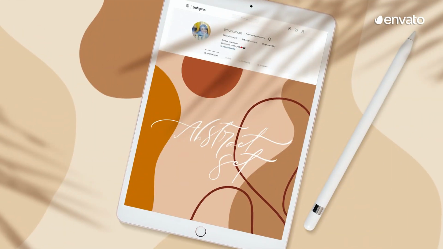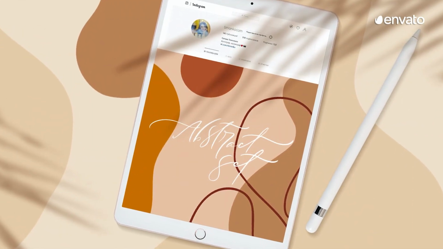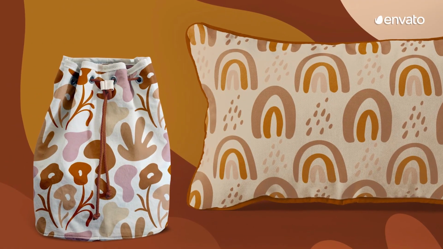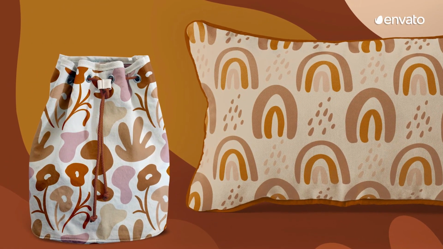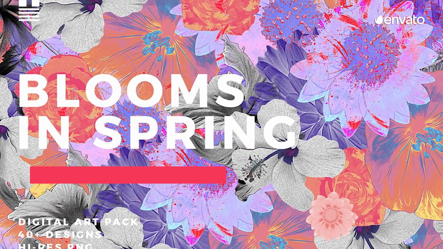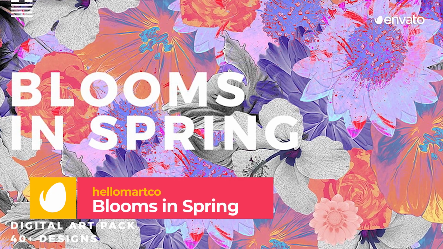And just looking at the examples, you could create great mobile wallpapers, business cards, and invitations, even tote bags with this pack.